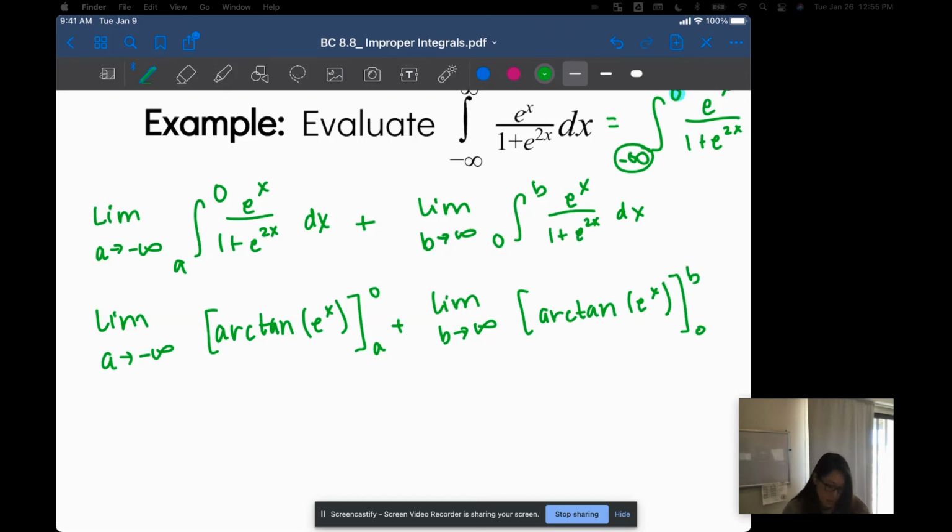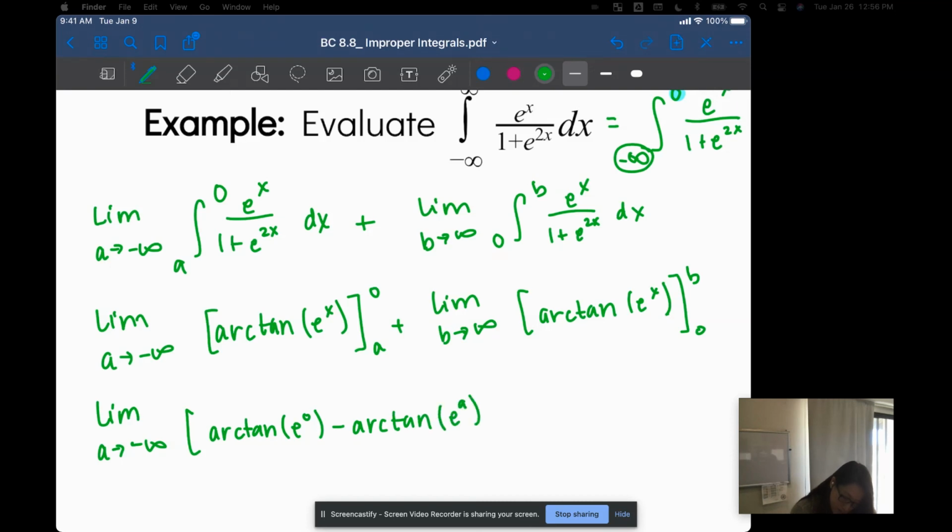Okay, so next up, we go ahead and substitute in our bounds. So I have the limit as a approaches negative infinity of arctan of e to the 0 minus arctan of e to the a